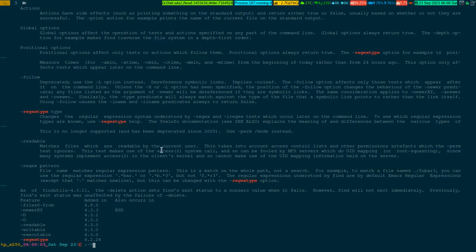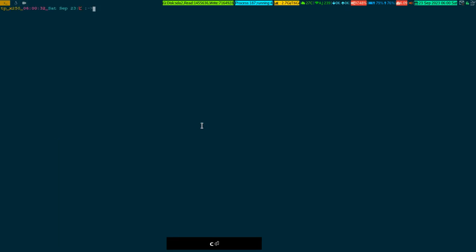So there are different kinds of regex types. Some of them are POSIX compliant, some of them Emacs related, some of them related to egrep, fgrep, and all this stuff. So you have to be careful what you are passing with the find command. Okay, so for instance, find